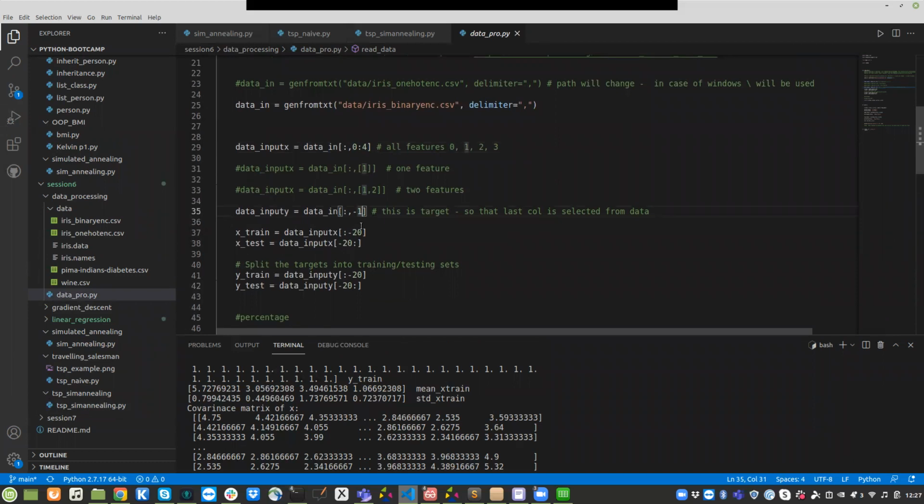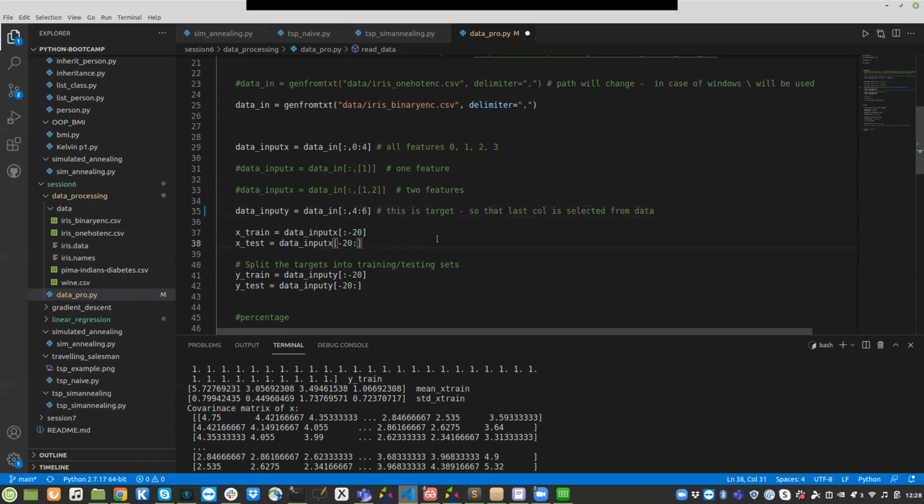-1 you could do when you are just selecting the last one, but in this case we need to go from 4 and 6 basically. So 4 and 5 are going to be selected now. That means in the data set, the fourth column and the fifth column are being selected. But to do that, you need to say 4 to 4 and to 6 basically. And you need to put a comma there just as the last one, and that will select that data,